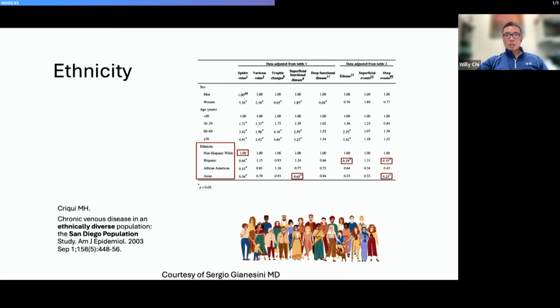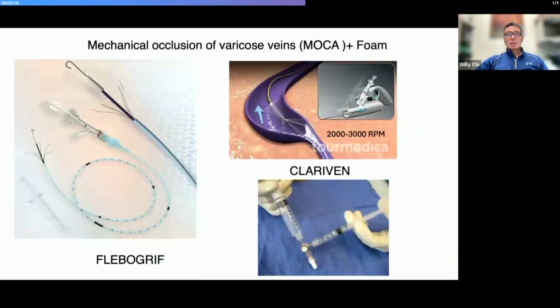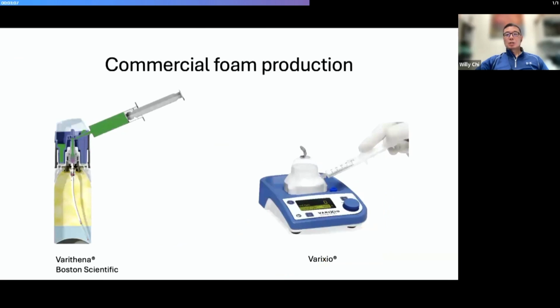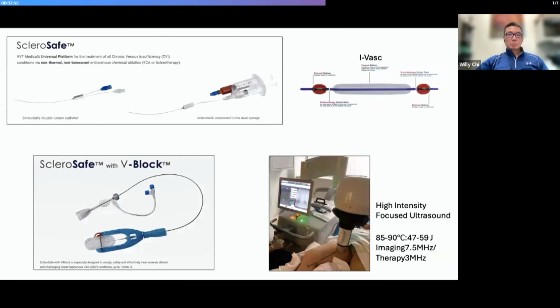Now, in this San Diego population study, looking at different types of ethnicity and their prevalence of the different types of venous disease from C1 to C6, you can see that it's quite different. We know that there are many types of treatment for venous disease, including our thermal device, including our MOCA device, including our commercial foam production devices, such as Varithena, Virexio, Cyanoacrylate, which is another non-thermal, non-tumescent-based modality, upcoming devices such as Sclerosafe, IVASC, and HIFU,